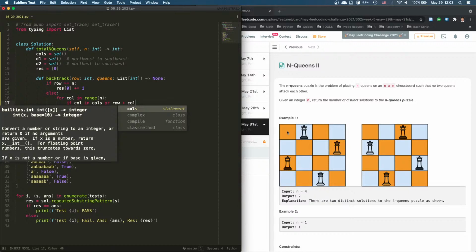0, 0, 1, 1, 2, 2. No, that's a row minus column. That should be this one. 0, 1, 2, 3. This is 3. 0, 0, 1, 2. Yeah, so this is the plus. This is the minus. So we say if this is in